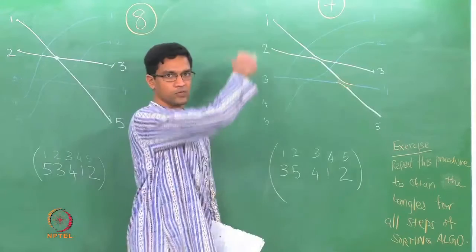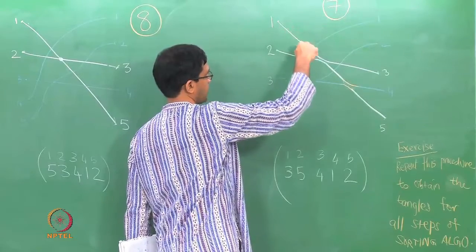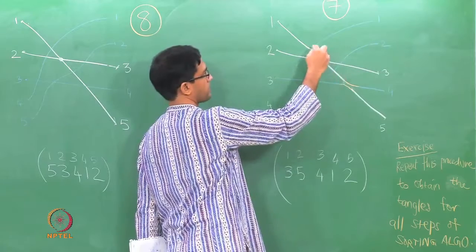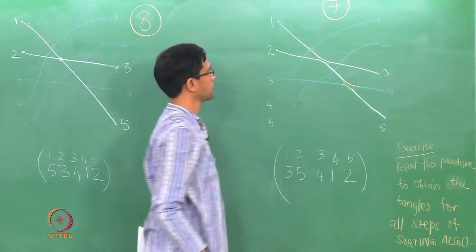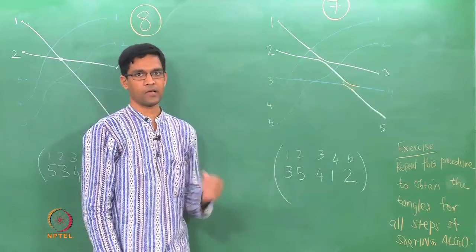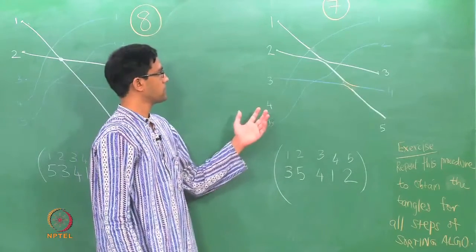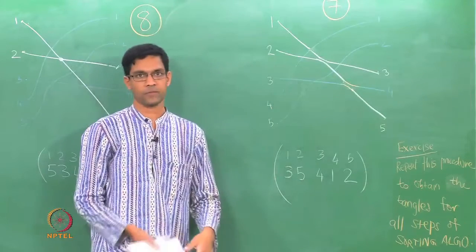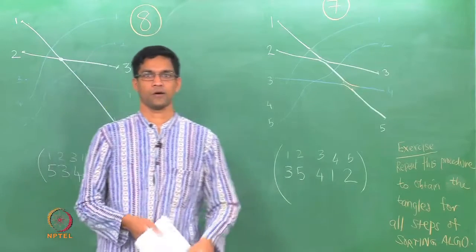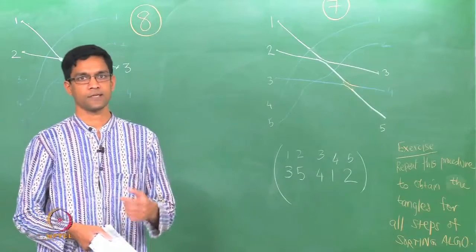So you should see how the various pieces arise. So for instance, 1 to 1, right, what probably happens is you go down like this and at some point you will slightly resolve this so that the 1 now goes up to a 1 like that, and a 2 goes to a 2 and so on and so forth. Okay. So it's very interesting to see how this original diagram will change step by step, so that at the very end it lands up sending every number to itself. Okay. So it's a rather nice pictorial exercise, and I urge you to work this out entirely yourself so that you get a nice pictorial feel for what sorting really does at the level of crossings.